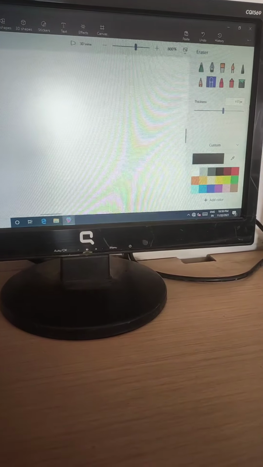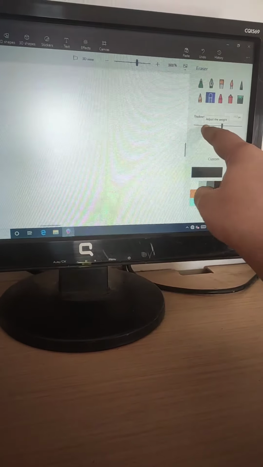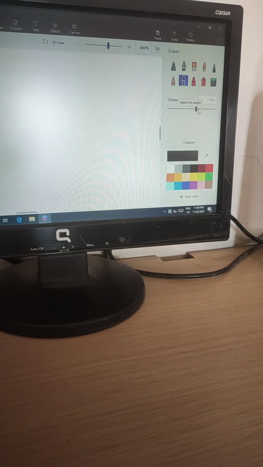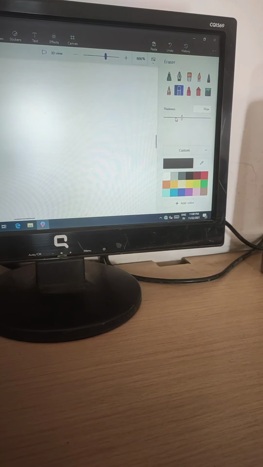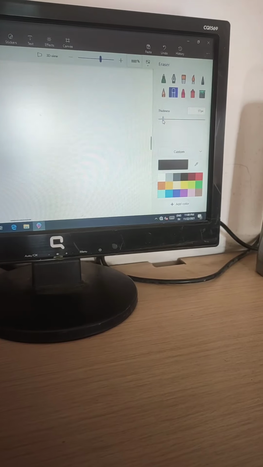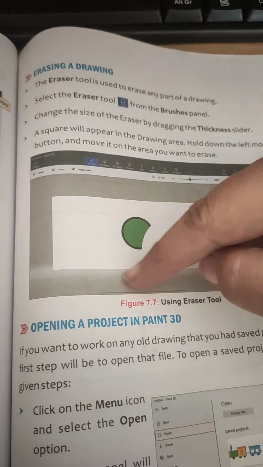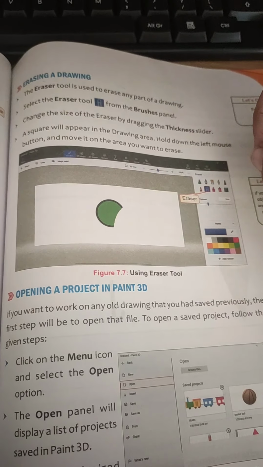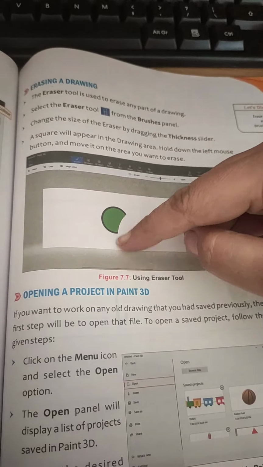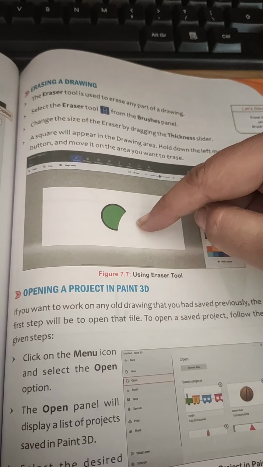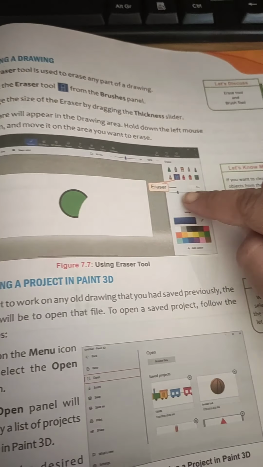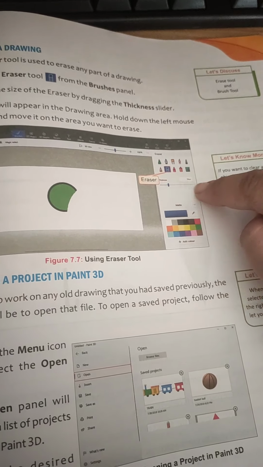You can also change the thickness of this eraser with this slider bar. It can be made less also, it can be adjusted. Like see here, this is drawn. Now you have erased its part, and from here you can change the thickness of this.